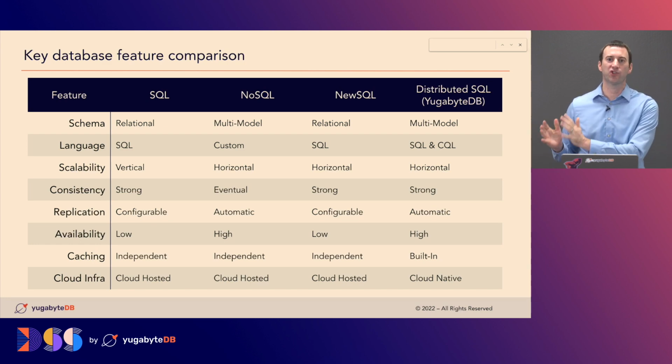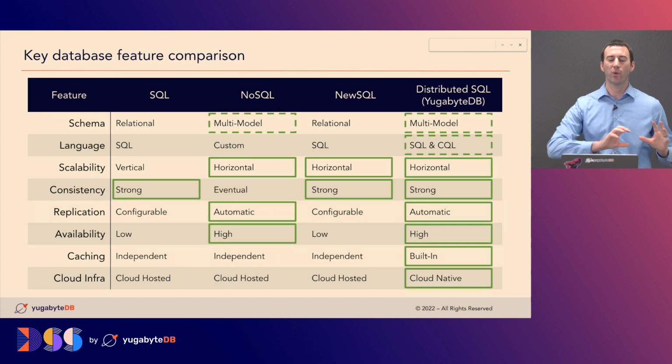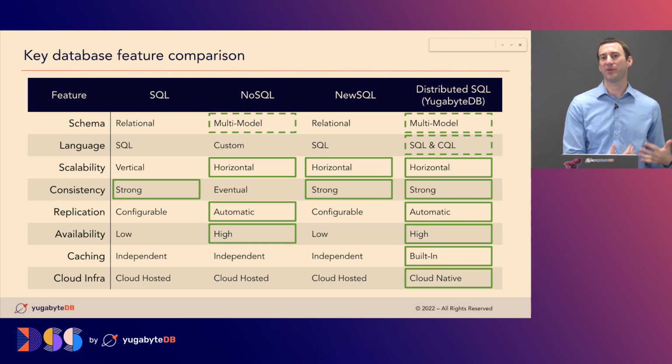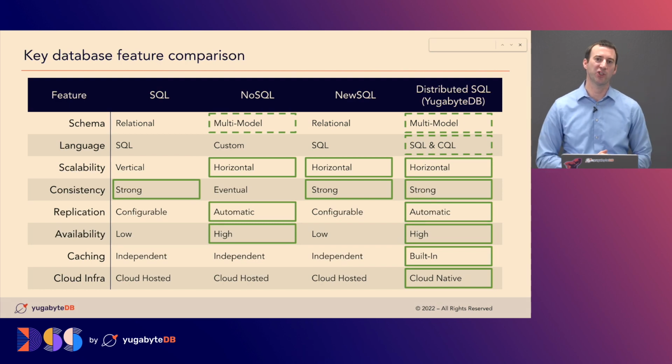But then if you look at the right with distributed SQL, you can start to see definitely a drastic change here. So if I do a loose highlighting across each of those rows, what's the best, what's the ideal setting for each of these rows. With schema and language, I recognize dotted lines there because yes, there's benefits to being multi-model, but if you just need a relational database or if you just need SQL, then you don't care about those other features. So I'm not going to put too much weight in those.